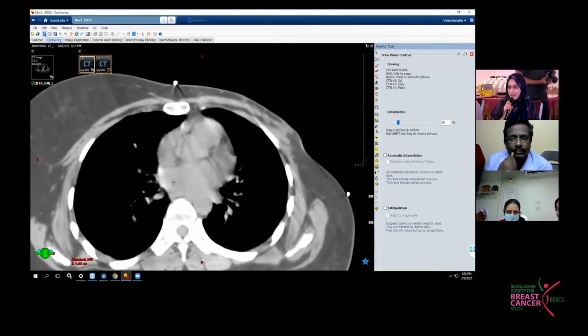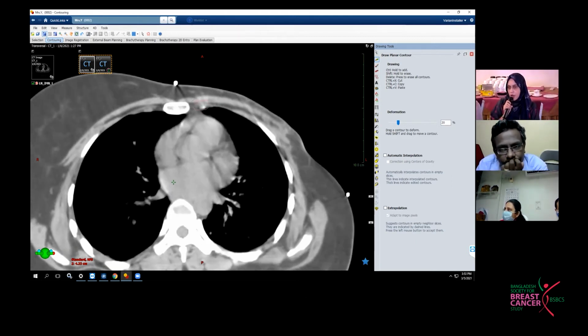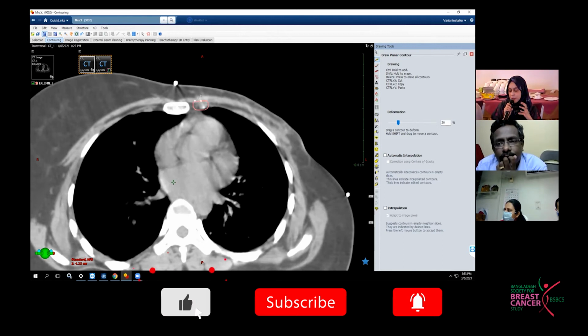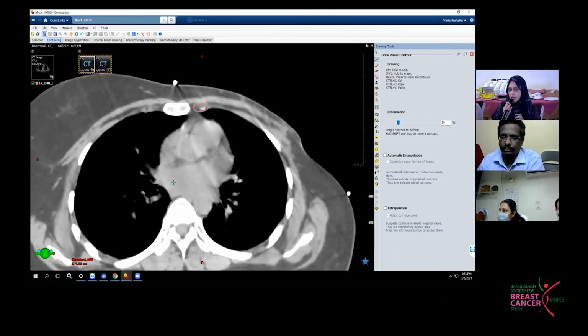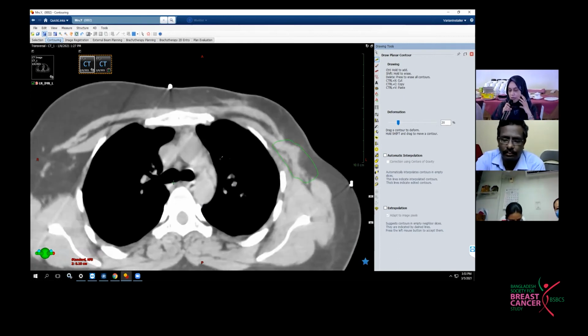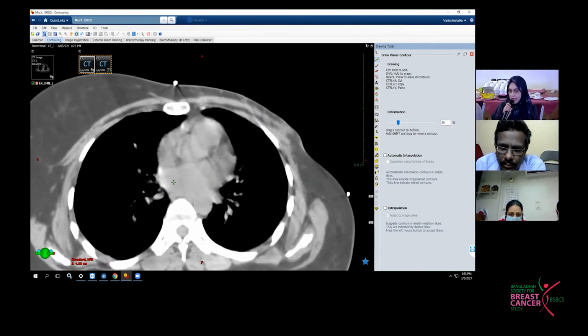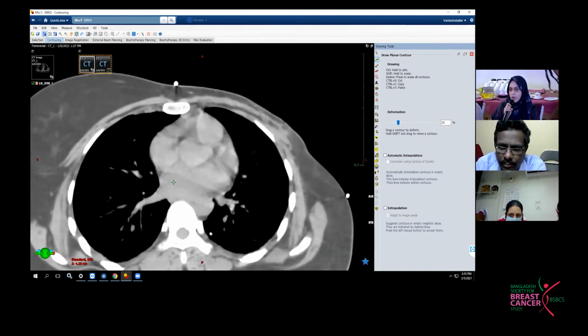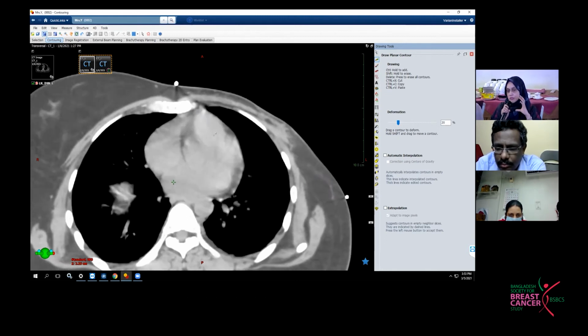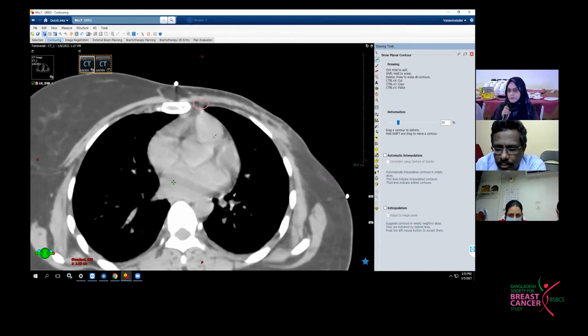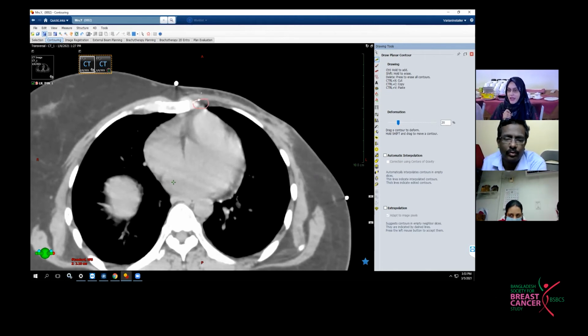My other question is, in case of electron boost, in our center we do this manually. So how will I estimate the depth of the lesion so that I can estimate the energy of the electron? And my other question is the indication of axillary lymph node irradiation. When do I have to irradiate the axillary lymph nodes, and can you please clarify up to which level I have to irradiate, stage-wise? Thank you.